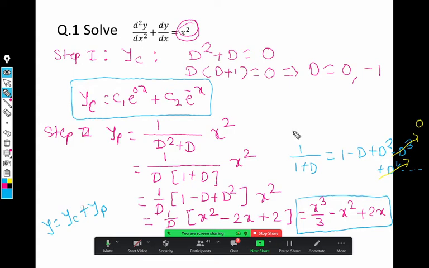The most important thing, one of the things: you should expand up to the non-zero terms only. Zero terms, no need to write. Even if you write them, they are going to be plus 0, and so on. And always we operate the derivative operator first and the integral will be outside. At the end we take the integration. Otherwise, if you take 1 by D inside, you have to integrate and then you have to expand a few more terms there.